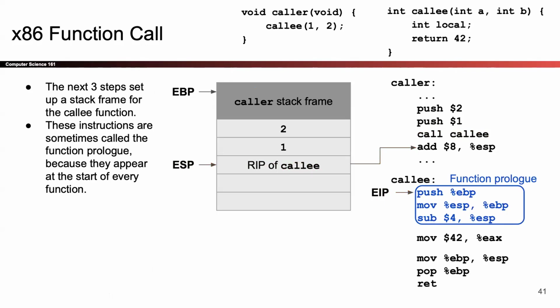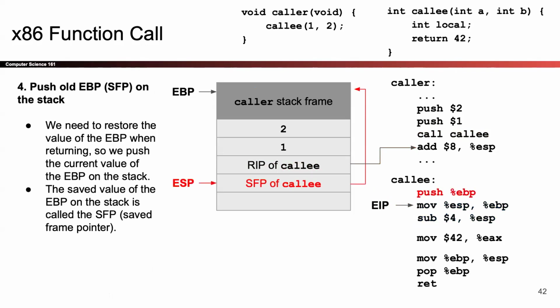This is the beginning of a 3 instruction sequence, a common pattern you'll find at the beginning of almost every function. So we give it a name called the function prologue. It's going to do these steps that I just showed you. So the push EBP will save the value of EBP onto the stack. We now call it the SFP because it's saved, and it moves the ESP down by 4 to make space for that. And then the next one,